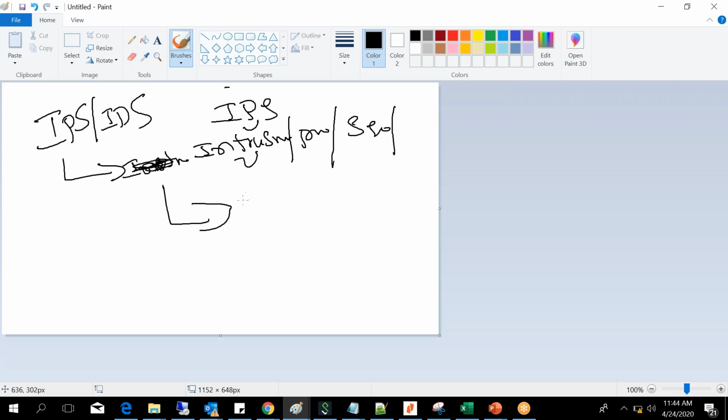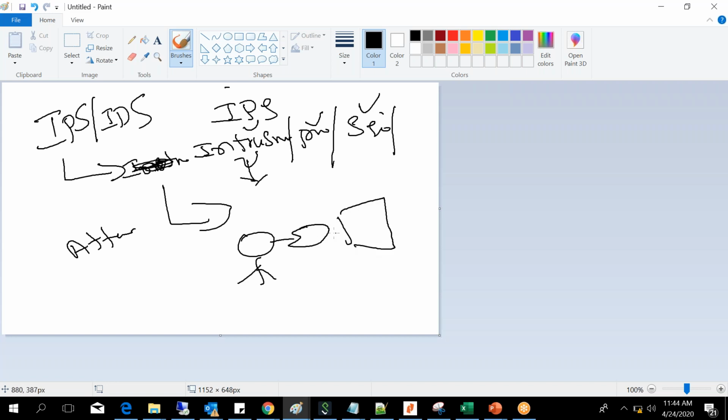So intrusion prevention: whenever there are intrusion activities like attacker activity, it will prevent them automatically. Let's say an attacker is trying to reach your network, this ABC network.